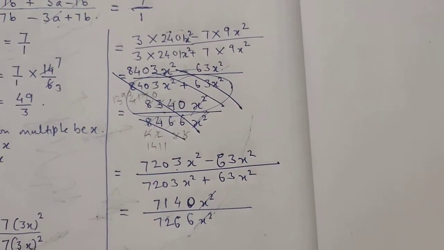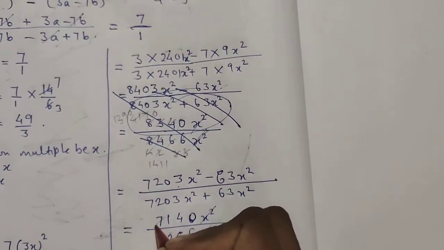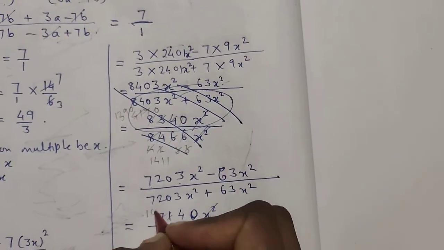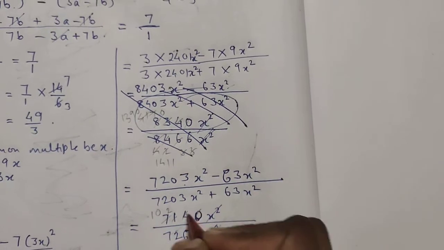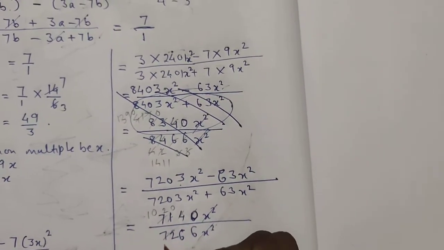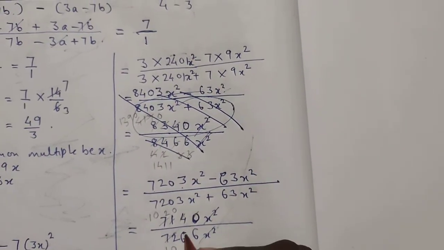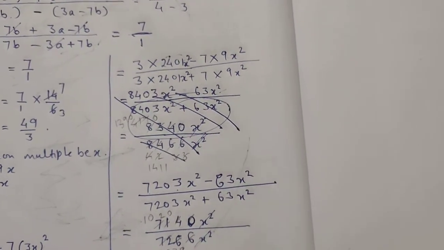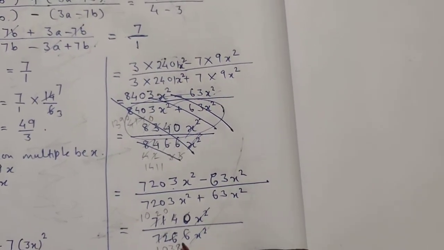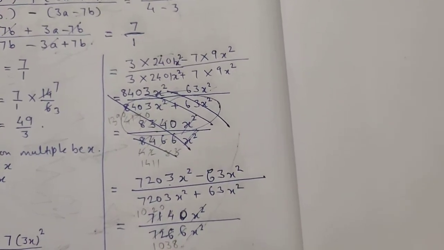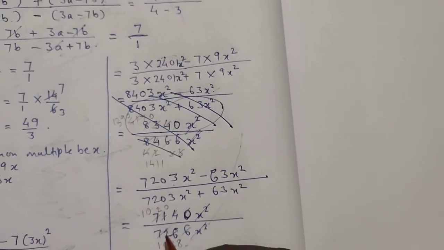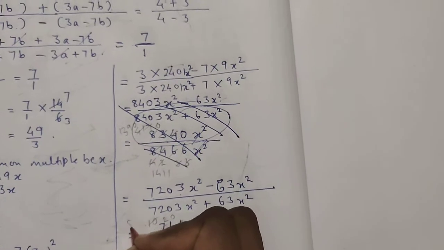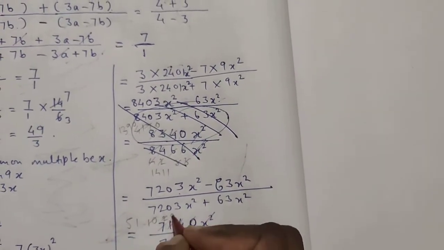Now do cancellation by 7. So this is 7 1s are 7, 0, 7 2s are 14 and 0. Here 7 1s are 7, then 0, 7 3s are 21, 56, 7 8s are 56. Okay, now again let us do cancellation of these two by 2. So if you do by 2, 2 5s are 10, 1, 0.